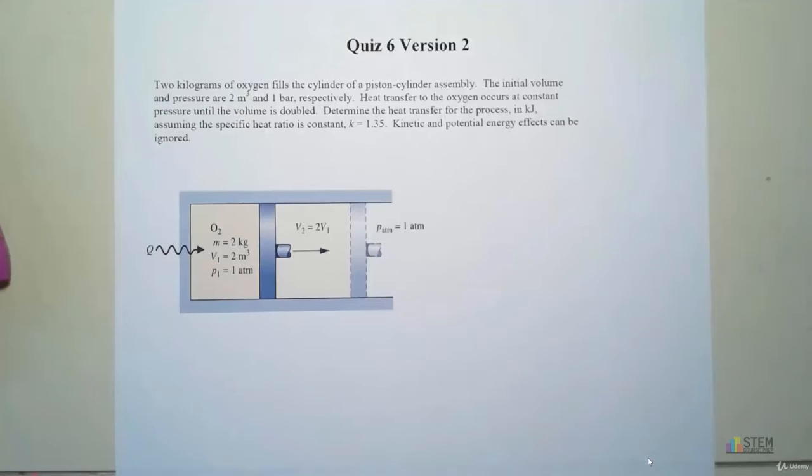We've got 2 kilograms of oxygen that are filling the cylinder of this piston cylinder assembly. Our initial volume and pressure are 2 cubic meters and 1 bar, which you can see right here. And then heat transfer to the oxygen occurs at a constant pressure until the volume is doubled. Now we're going to determine the heat transfer for the process in kilojoules, and we are going to assume specific